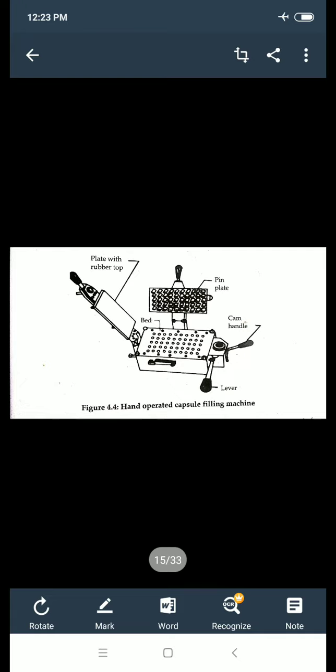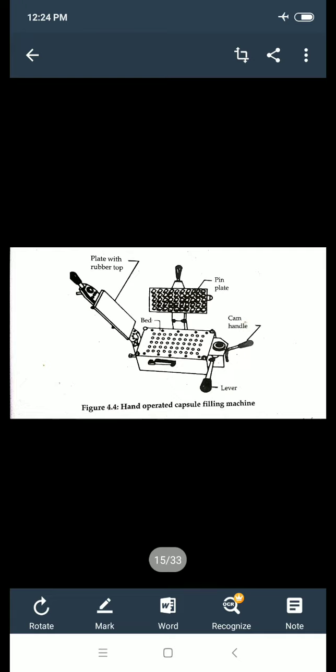So here the procedure says, in the first step you have to first tighten the handle and place a lever on the position. Now the machine is ready for capsule filling, and you have to place the filled loading tray either manually or by the help of a simple loading device. In the second step, you have to put a capsule in such a way that the body is at a lower side and the cap is at a upper side.